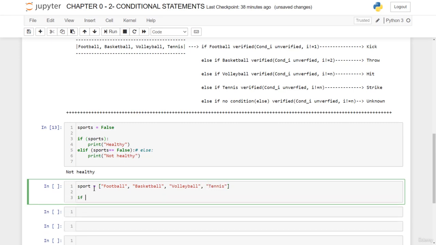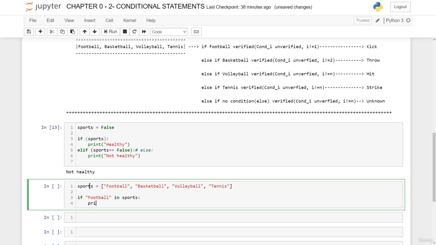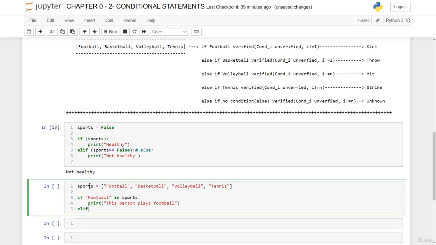Now we should say if, so we could put this sports, if football in sports, we could say print this person plays football. Elif. Now it's always advisable to put this in brackets. So we could do this. And we have here. So elif